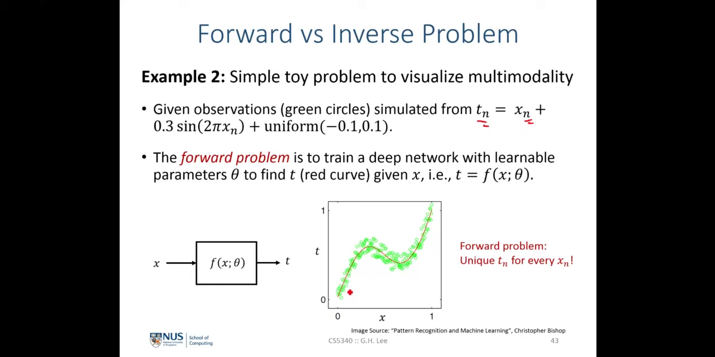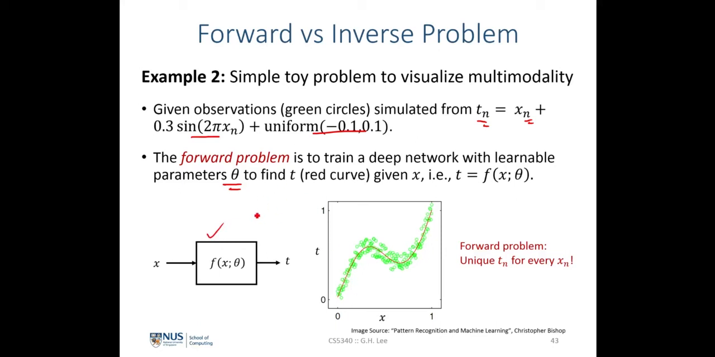So we'll generate the sinusoidal function, represented by the red curve over here, and the noise uniformly sampled from a uniform distribution will end up giving us t, the green circles over here. So these are all perturbed with some form of noise, and the forward problem is to train the network with a learnable set of parameters f, as denoted by this particular network over here, to find t, the red